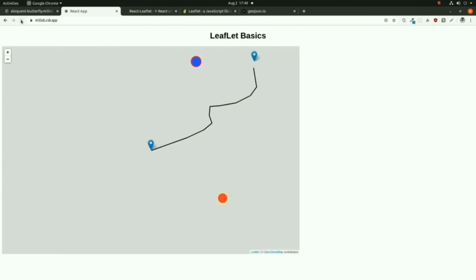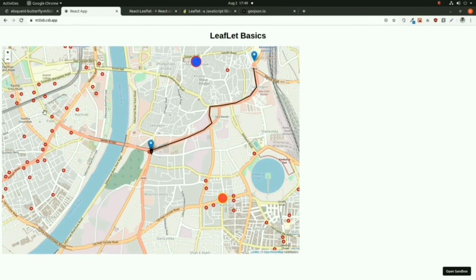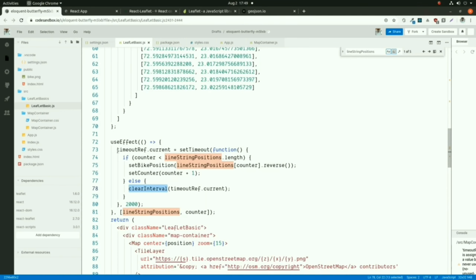Now when I refresh the page, you can see the output. Every 2 seconds your bike will move from one location to another. As it reaches the end, your counter variable will be greater than or equal to your line string position length, so it will stop at the end of the second point of the line string.